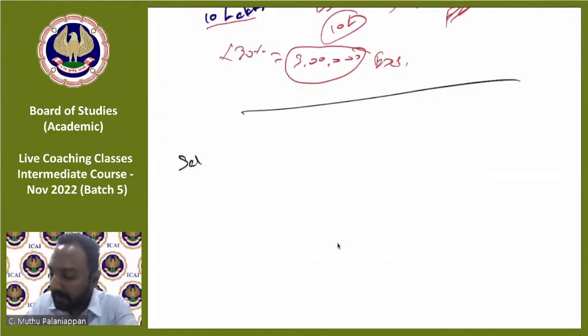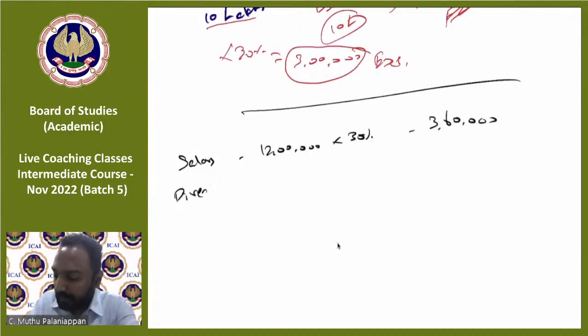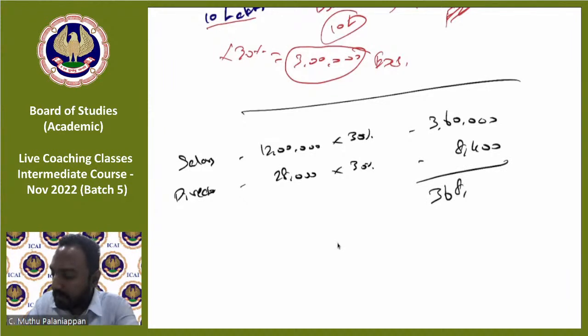So salary, 12 lakhs into 30% is 3,60,000. Director, 28,000 into 30%, that will be how much? 6,000 plus 2,400, 8,400. So 368,400 will be disallowed